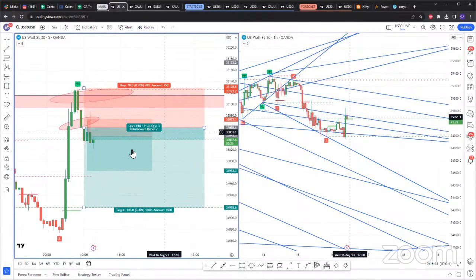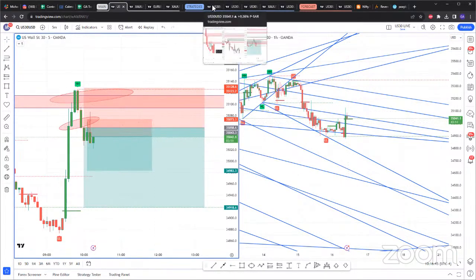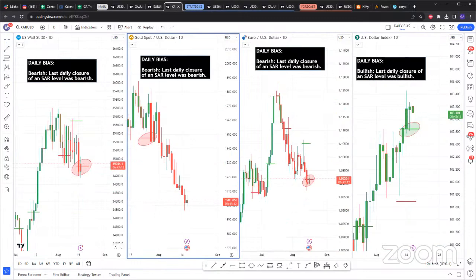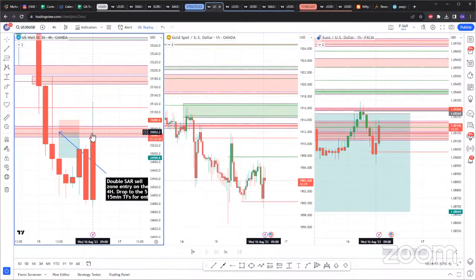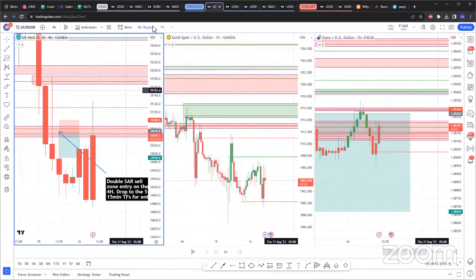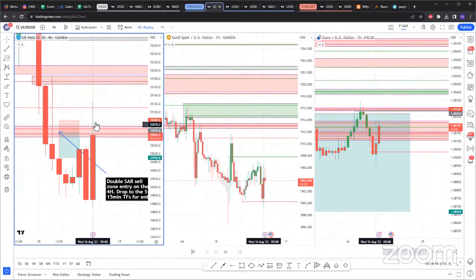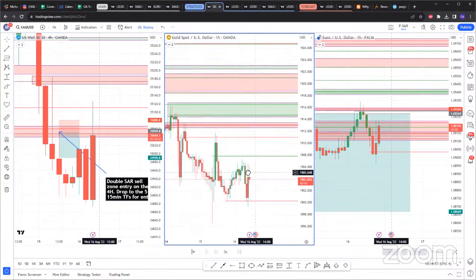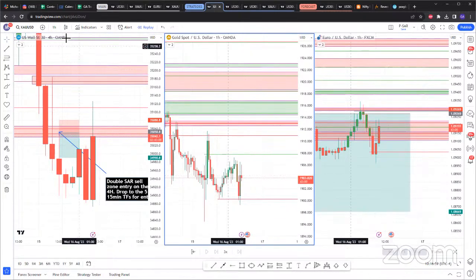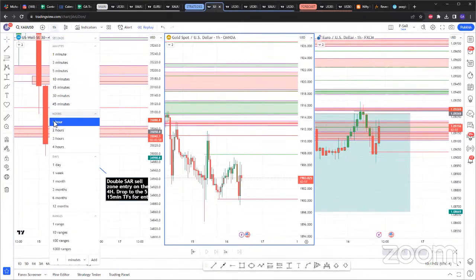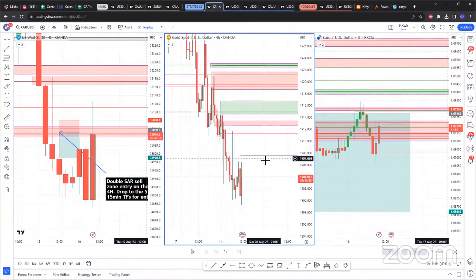Whether you're on the 15-minute trade, always remember, higher time frame trades will be better for you. The lower the time frame you go, the higher the probability of getting stopped out, which is why, even today, actually I wasn't going to take any trades because I didn't have any. Actually, no, the US 30 trade I would have still taken, because we are getting this. But if US 30 hadn't pumped up this way, I wasn't going to take anything on gold, because you can see on the hourly, I don't have any double SARs, and on the 4 hour I don't have any double SARs.